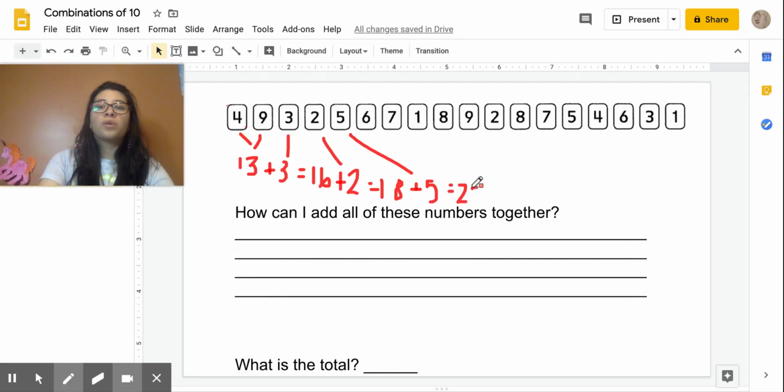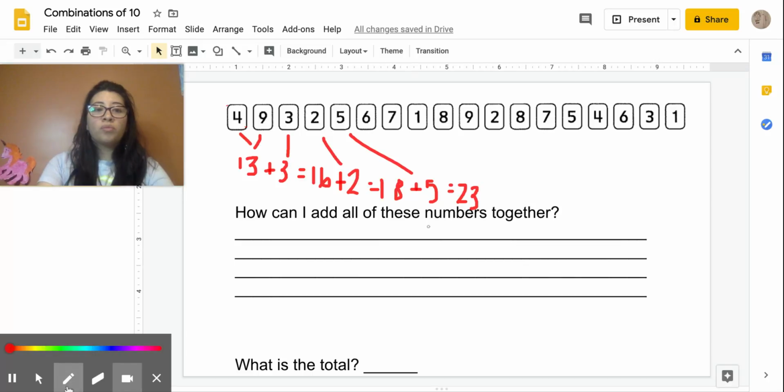I just want you to show me. I want you to explain it to me. So one of the most important parts isn't getting